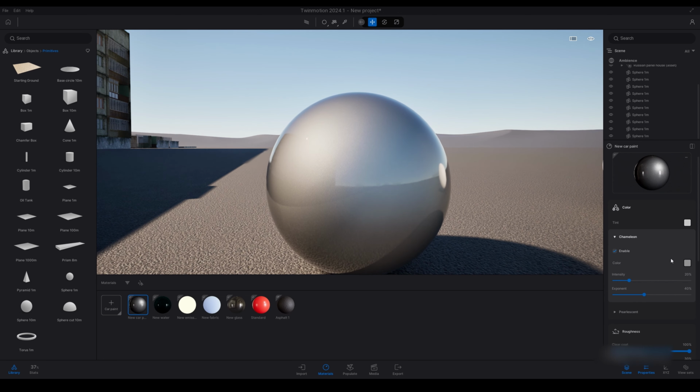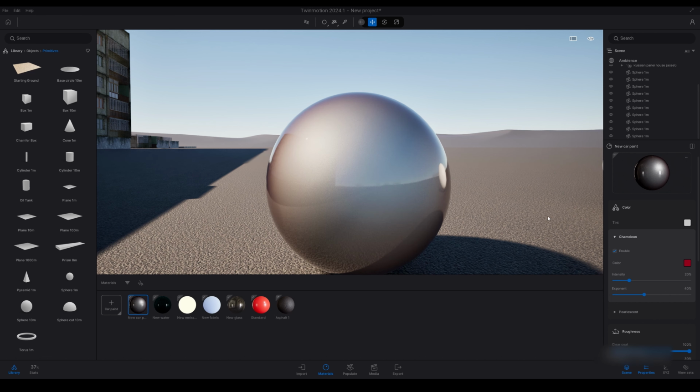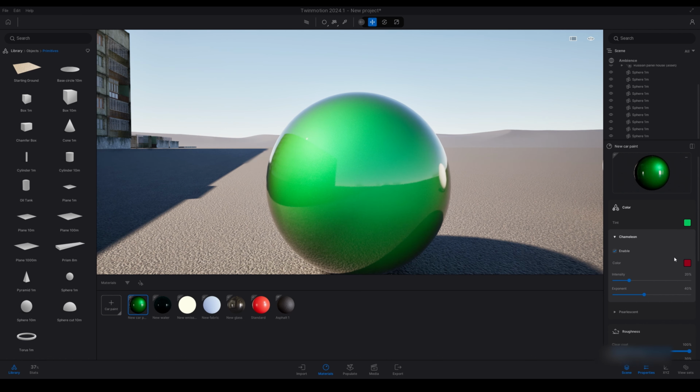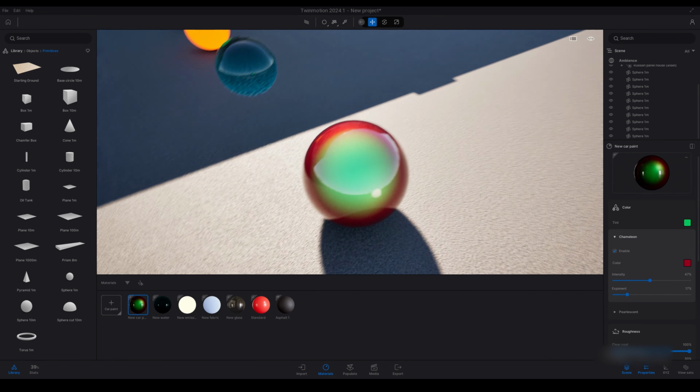So you can enable chameleon, and you can change the colors of the chameleon, which looks quite cool. You can get some pretty awesome car paint colors. Fully customizable. Look at that. Insane.